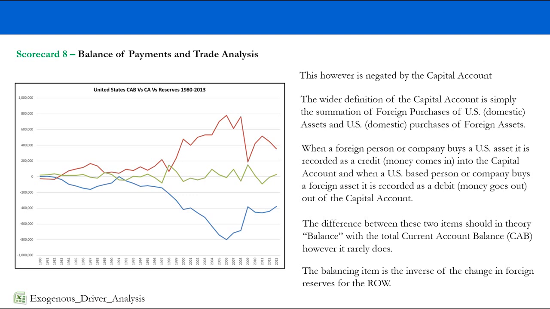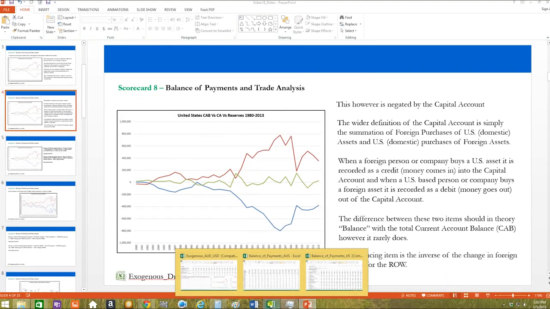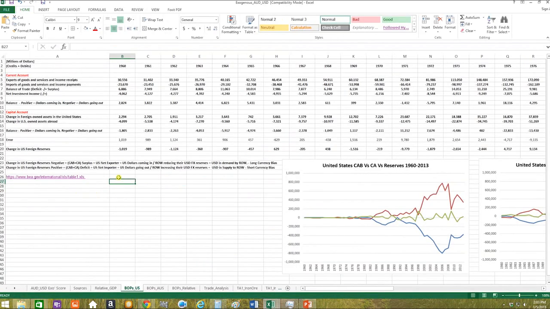This is how we build up our understanding of the debits and credit system. We have to dig into the numbers and really figure it out, because if we get it wrong, we could be completely on the wrong side of what we actually want to be doing. So probably the best way to understand the underpinnings of the numbers is to go over to the exogenous driver analysis spreadsheet. If we come out of the presentation and go over to the exogenous spreadsheet, we'll see here that we've